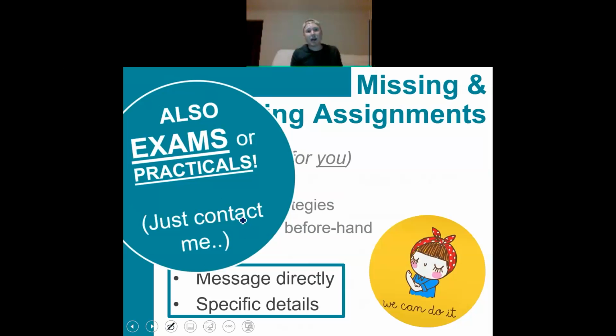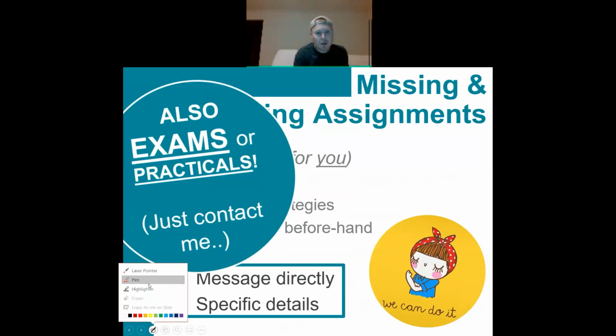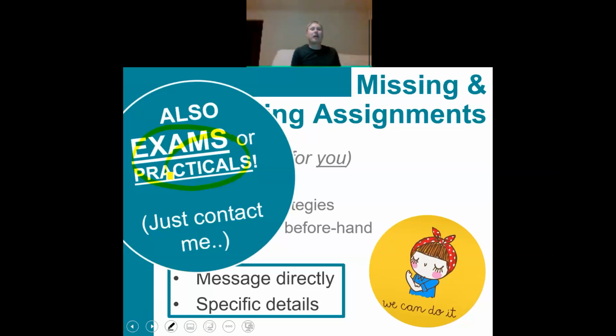So whether it's an assignment, an exam, or a practical, I don't want you to feel that you really didn't do well on one and you would really want to attempt it again. If that's the case, I'll work with you and we'll have a look if that makes sense that you reattempted. If it's very close to the end of the semester when you end up noticing this, then it might be that it's not a good idea to reattempt it. It might be a better idea to do extra credit